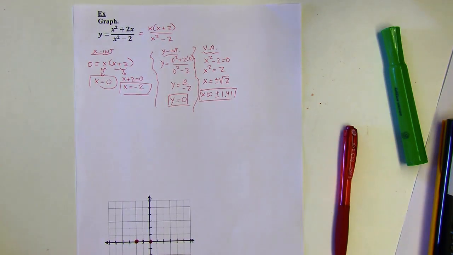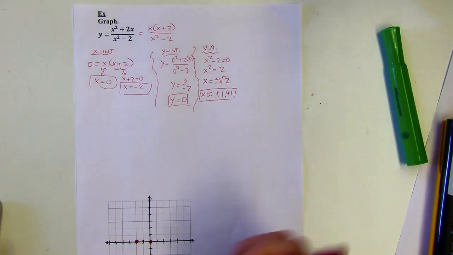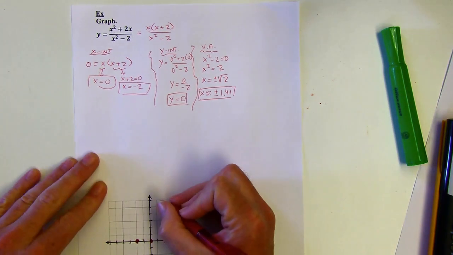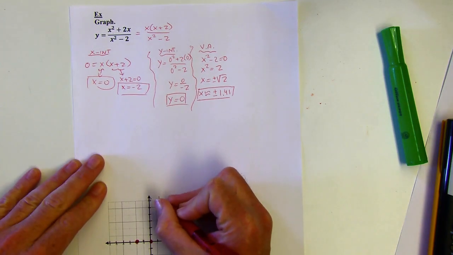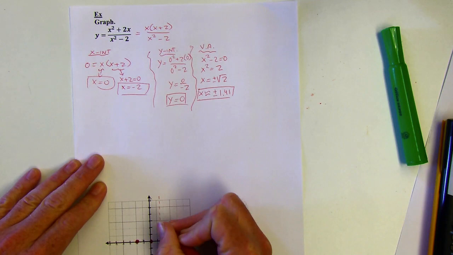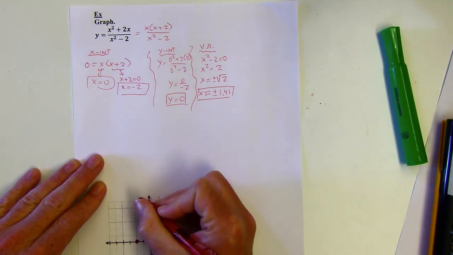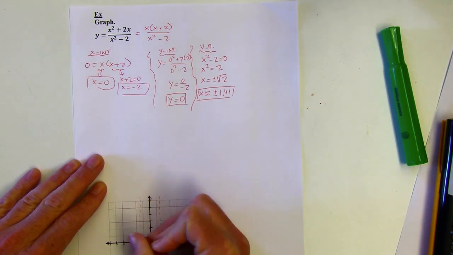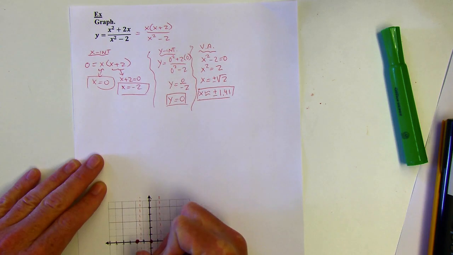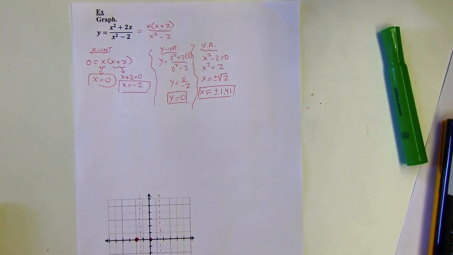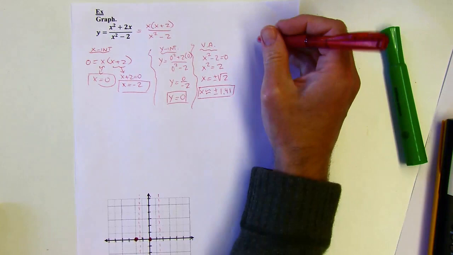So let's put those into the picture. So 1.4 and -1.4. x equals 1.4 is going to look something like this, pretty darn close to 1.5, right? And then -1.4 would be something along these lines. All right, and then finally, the horizontal asymptote